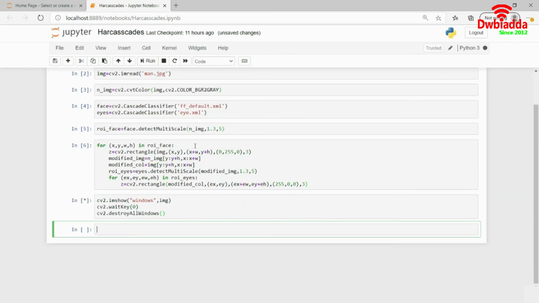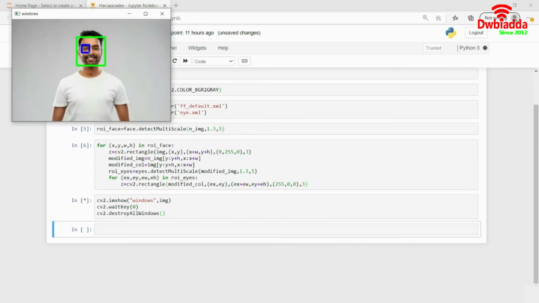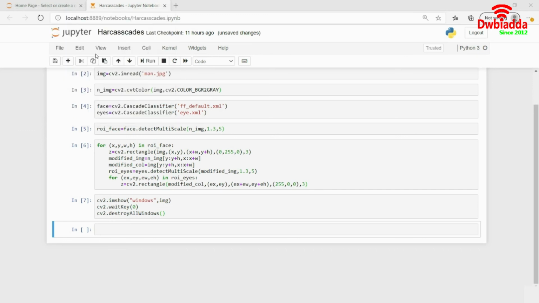And this is the image that I will be working on. So it has actually detected everything over here. I needed to show you the original image, but nevertheless, it has detected the face of the person and the eyes of the person as well. It's only detecting one eye and not both of the eyes. So let me check where it's actually making the error.